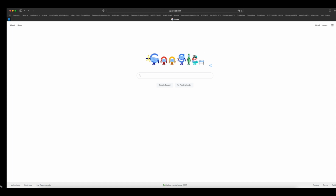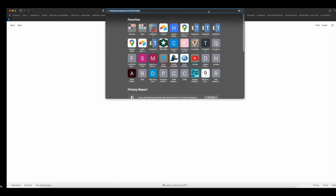And I remember when I was starting out, I couldn't figure out for the life of me where I should get that USDOT PIN. So I won't actually be able to get a PIN with you guys, because a PIN is something that you have to keep for yourself. Don't share it with anyone, so I do not get PINs for my clients, but I'll show you where to go. So first things first, you will go to